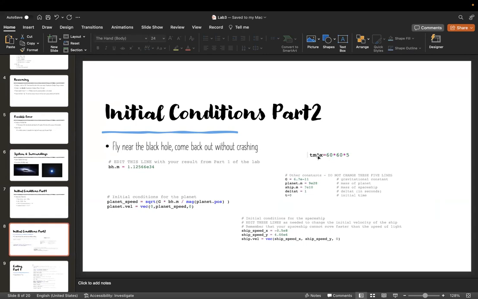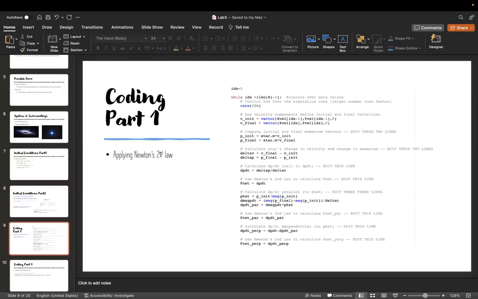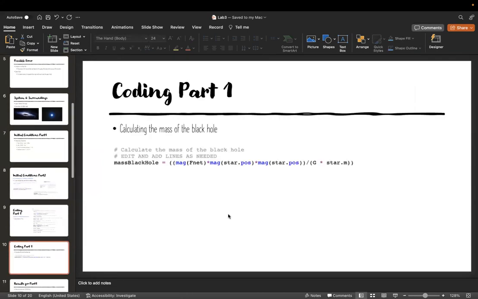I set the time to be 5 hours. I have used the mass of the black hole from part one, the planet speed and planet velocity. I found these two values by trying and guessing. Then coding for part one, I have applied Newton's second law, as you can see here. Finding V, P, F net, which is equal to delta P over delta T, and so on. Coding part one, calculating the mass of the black hole,